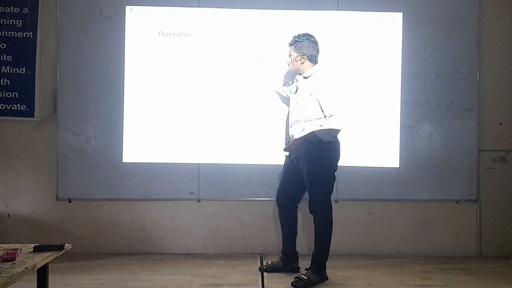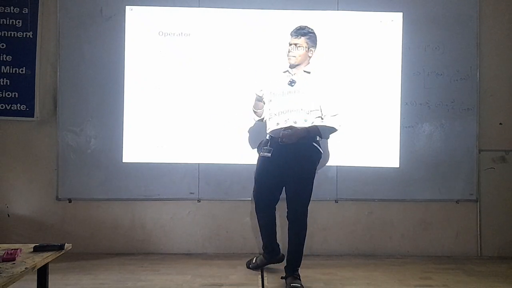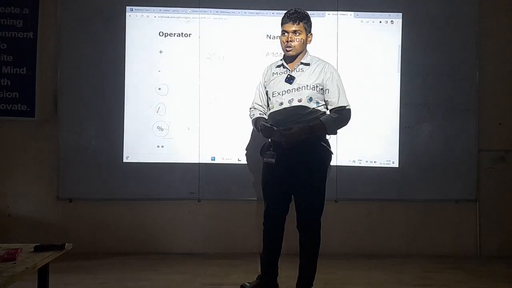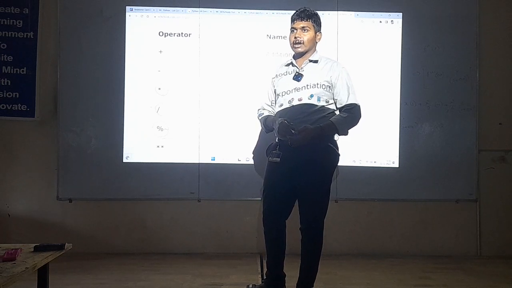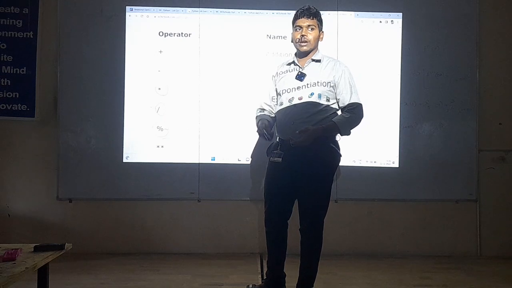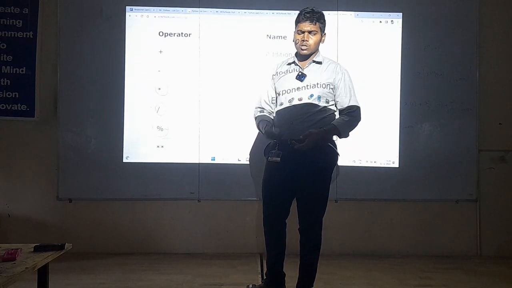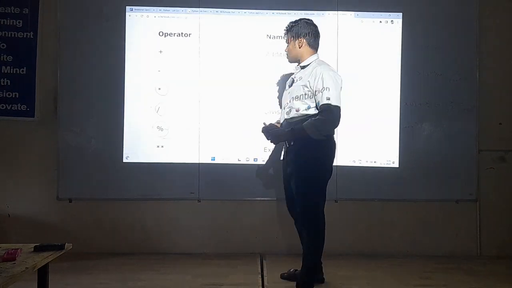So modulus is used when you have to check even numbers. A simple example is even numbers. How will you check an even number? You will divide it by 2. If the remainder value is 0, it's an even number, or else if the remainder is more than 0, then it's an odd number. In that case you have to check the remainder, not the quotient value. So we will use modulus in order to check. There are so many examples like that. One example is checking even numbers, for basic things.